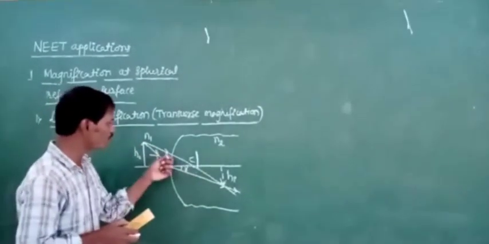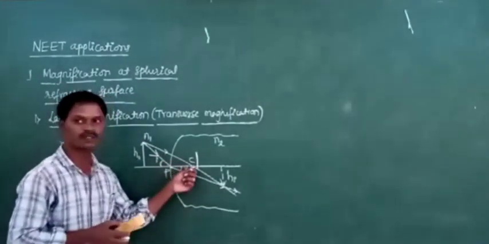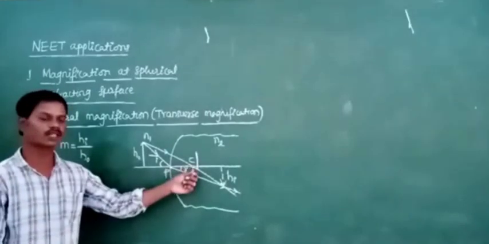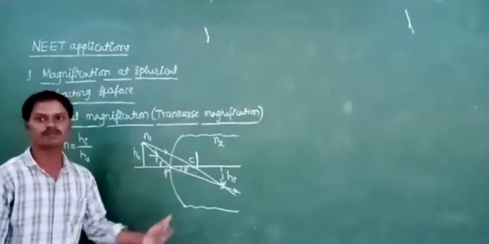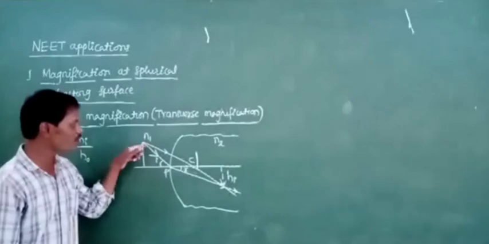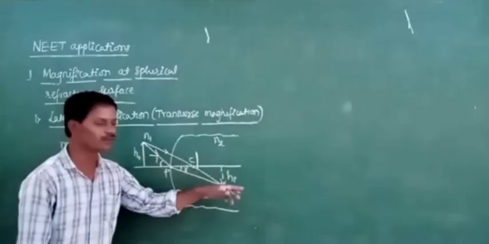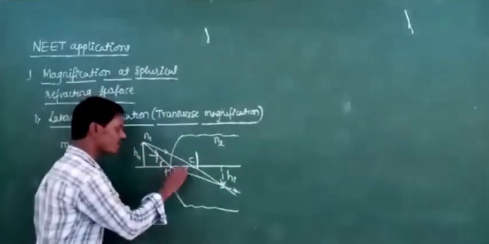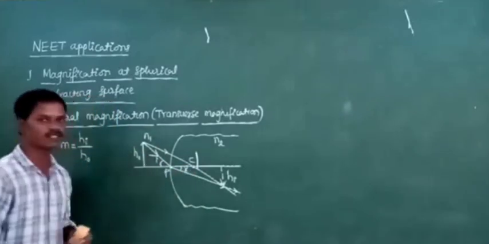The ray passing through the center of curvature passes without any deviation, because the light is incident along the normal. Why are we taking this as a normal? Because we draw the normal from the center of curvature to the spherical refracting surface. Now it passes without any deviation. Here r is the angle of refraction and i is the angle of incidence.